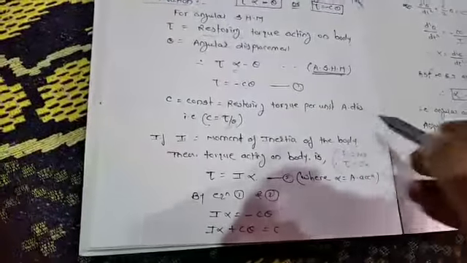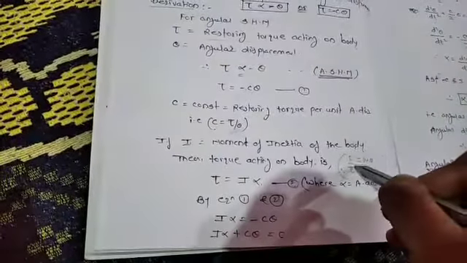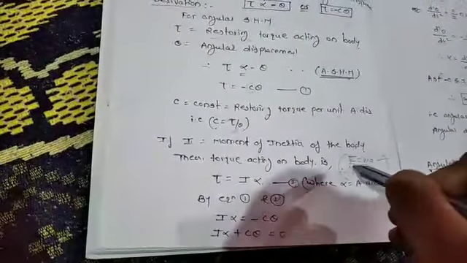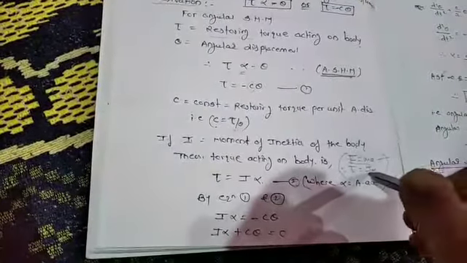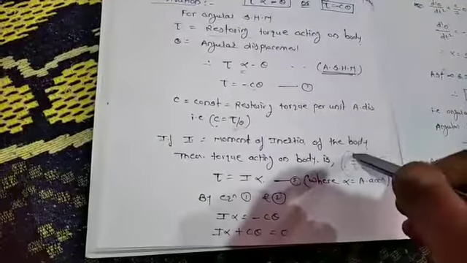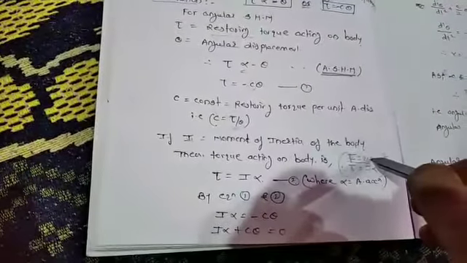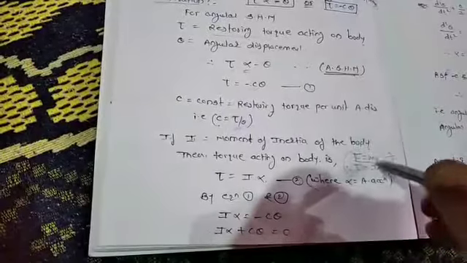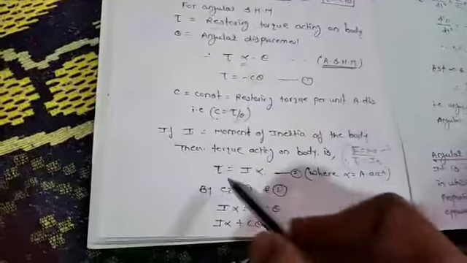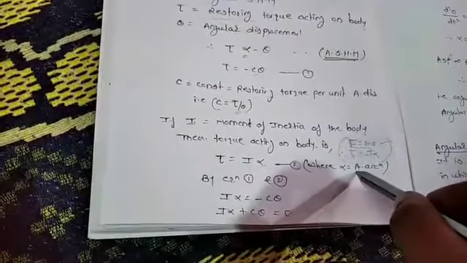as we know, for the force it is F is equal to ma, right? In the same sense, this is for the linear case. For the angular it becomes tau is equal to I into alpha. This force brings that bob again to the original position. So in the angular case, the linear acceleration is replaced by alpha, m is replaced by I, the moment of inertia, and F is replaced by the restoring torque. So the restoring torque is equal to I into alpha. This alpha is nothing but the angular acceleration.